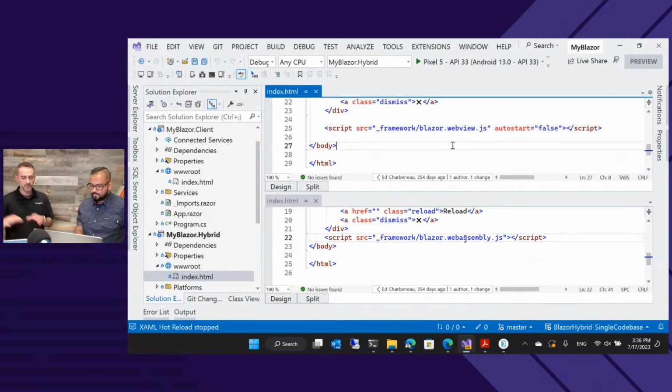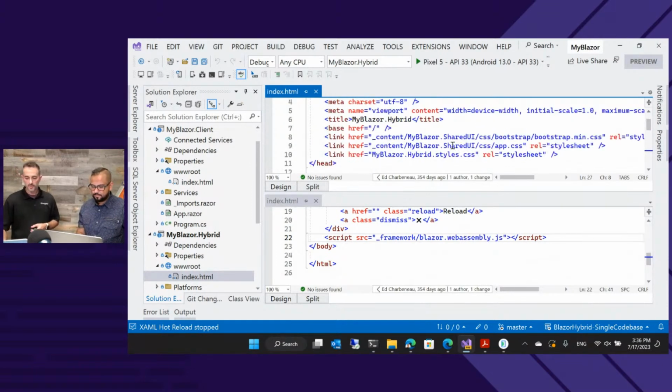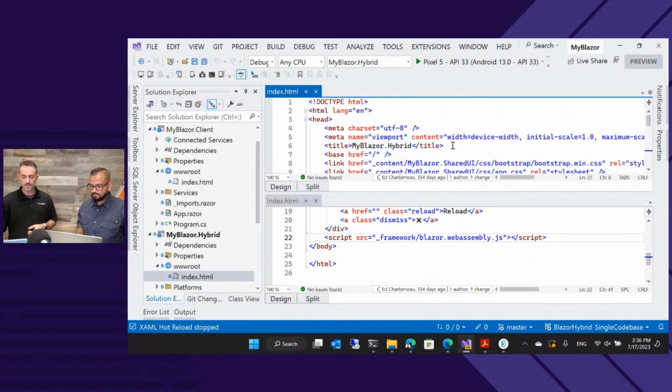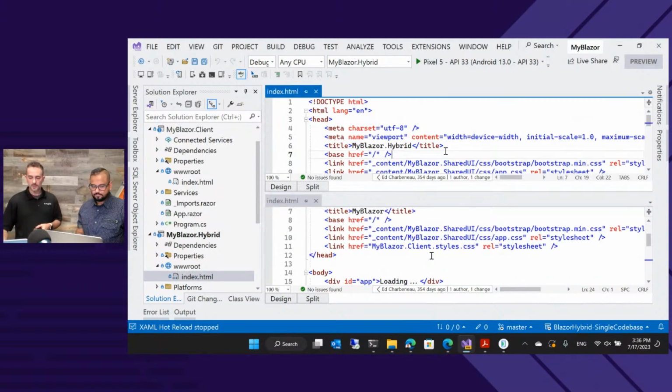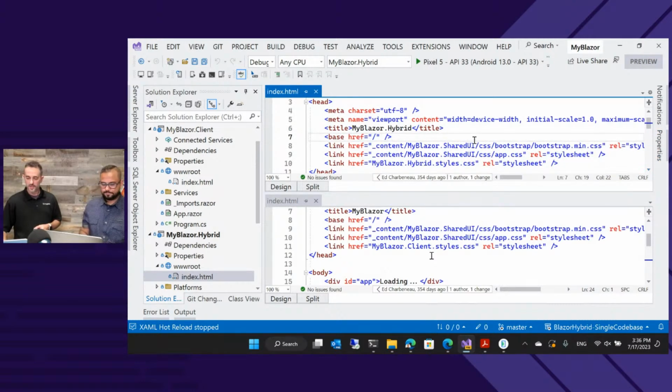So there is a difference between these two index files. That's why we keep them separate. For the most part, everything else up here at the top is going to be exactly the same. This is just locating your resources from that shared UI library that you have, that Razor class library, grabbing your CSS files and any JavaScript interop you may or may not have, and pulling it into those applications.